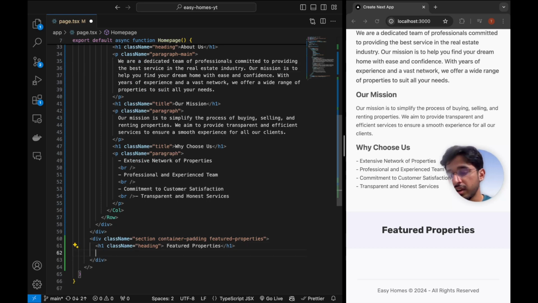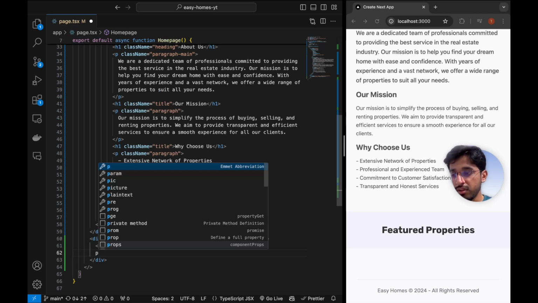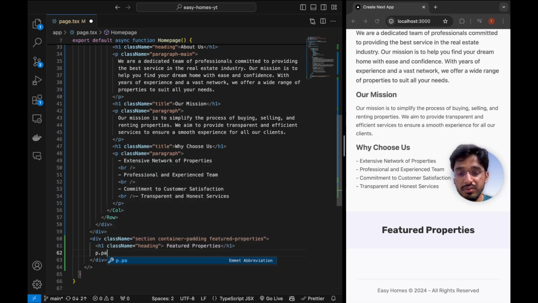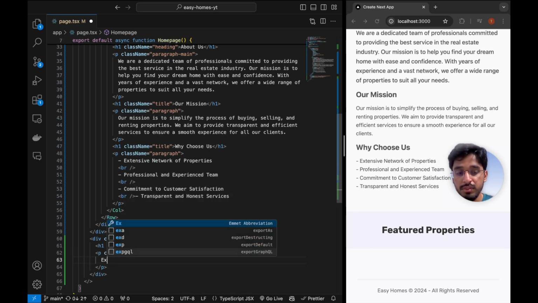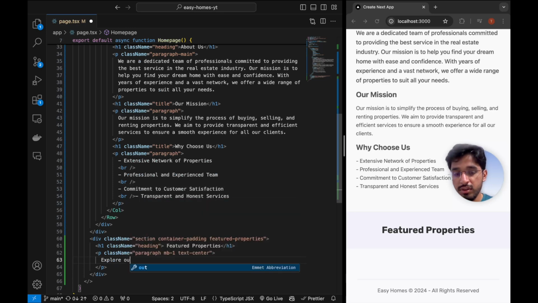And right now let's give a paragraph tag a class name of paragraph, and another class name of margin bottom of 1. Okay, so this is like a margin bottom of 1 rem, and we want to center the text, so center, and hit enter, and within that we can just give a small text right below this featured properties, like explore our featured properties